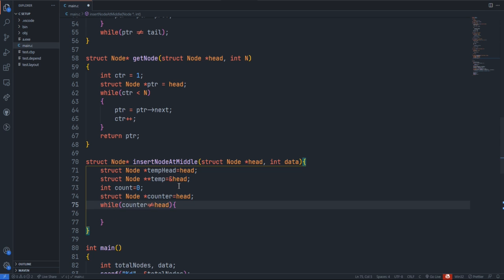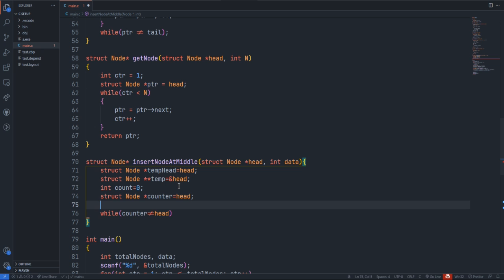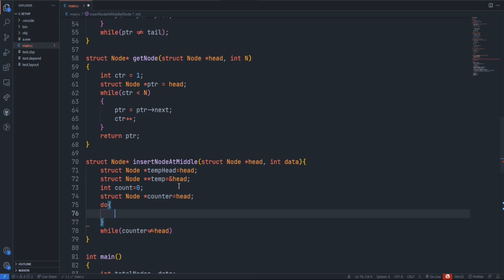It should be do the operation first and then check the condition, right? Because we have initialized the value with head already, it won't execute with a normal while. So for that, we need to use do while.